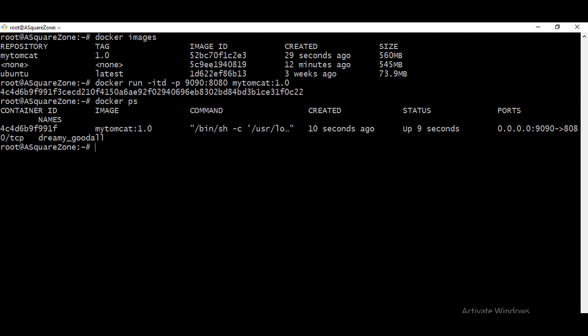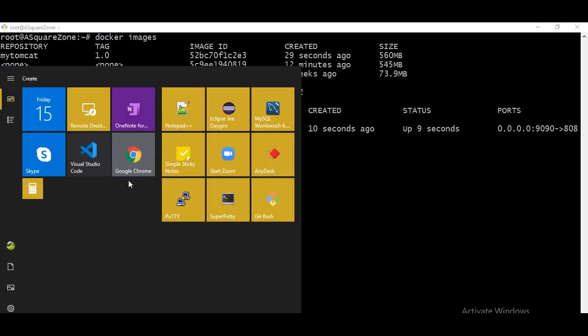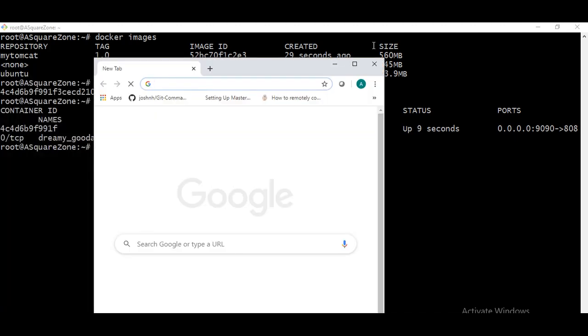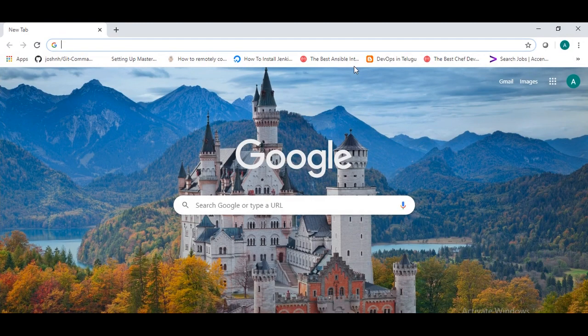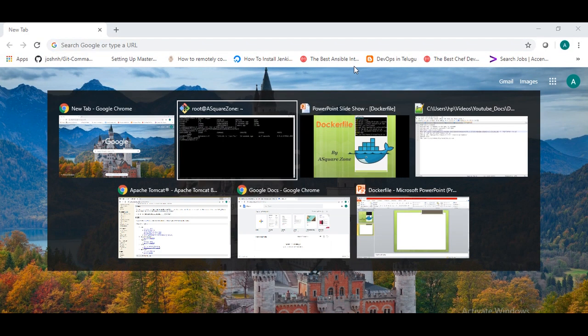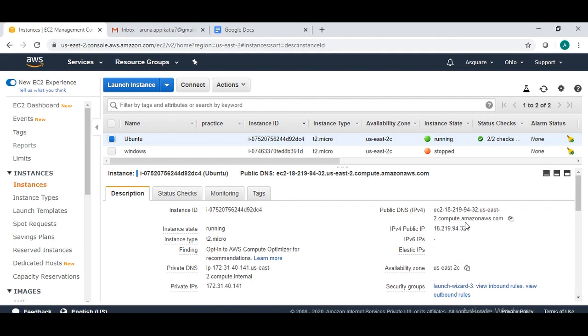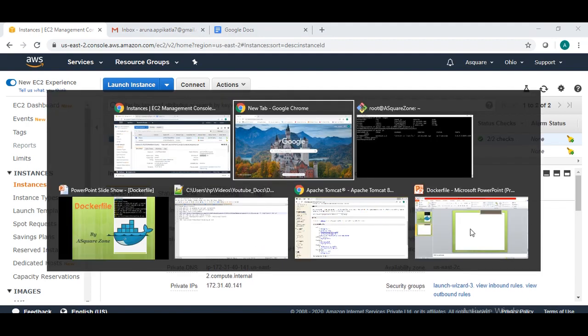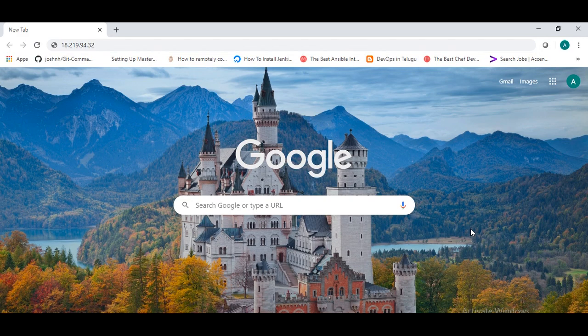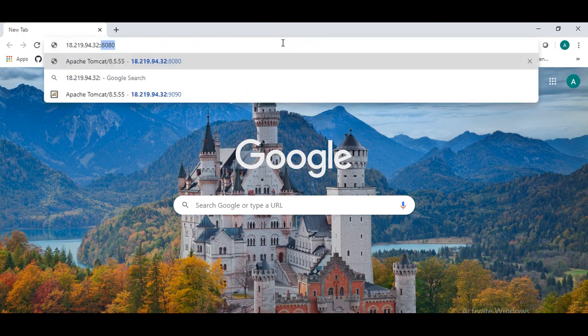Here we can check in the browser. So I'm going to provide the IP address of my server along with the port number. So here I am providing the IP of this one along with port number 9090.